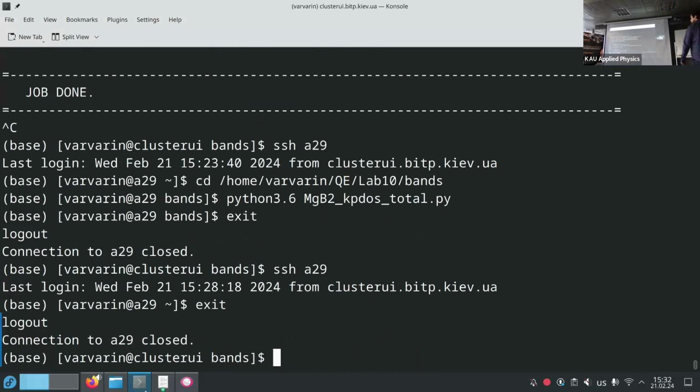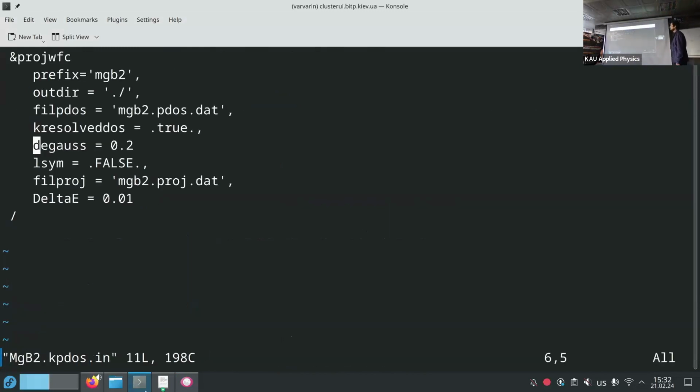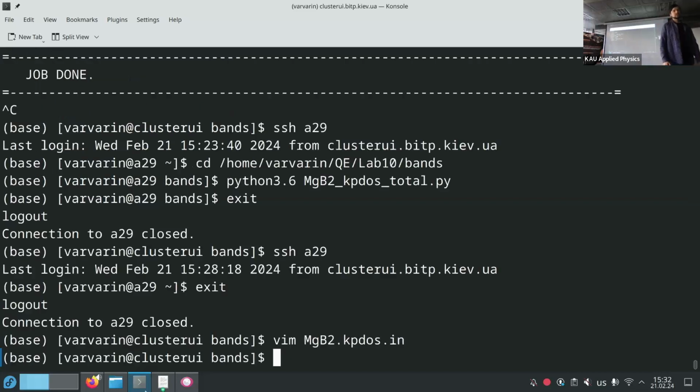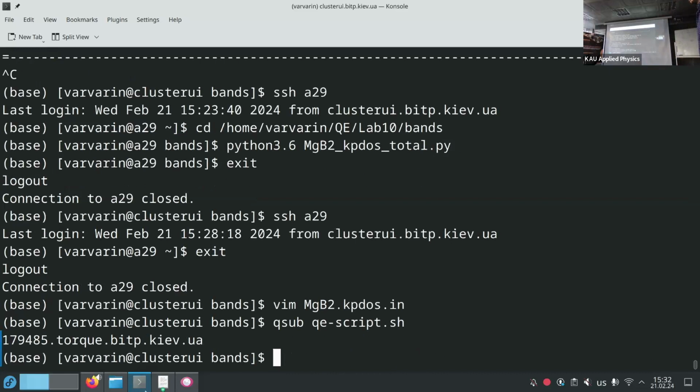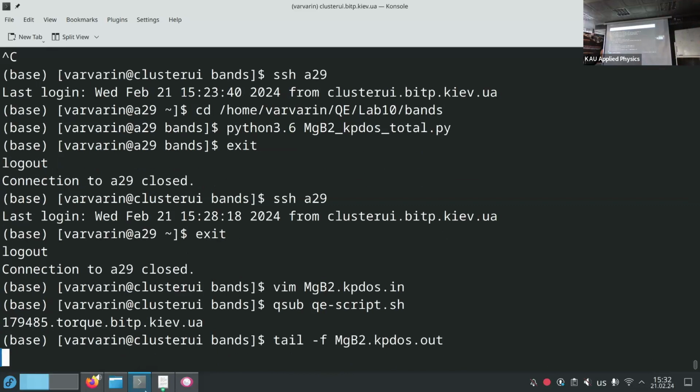Change it to 0.02. Wait. Or maybe 0.01. Let it be 0.01. This is the Gauss. Then make the calculation, and then we will do the same, but for the whole structure, and for different atoms. For magnesium and B, it will be very fast, but it will be very interesting what we will get.